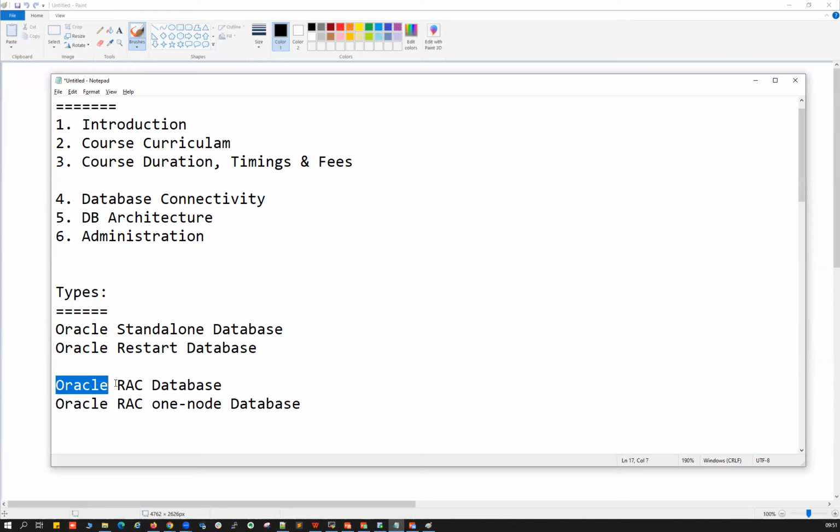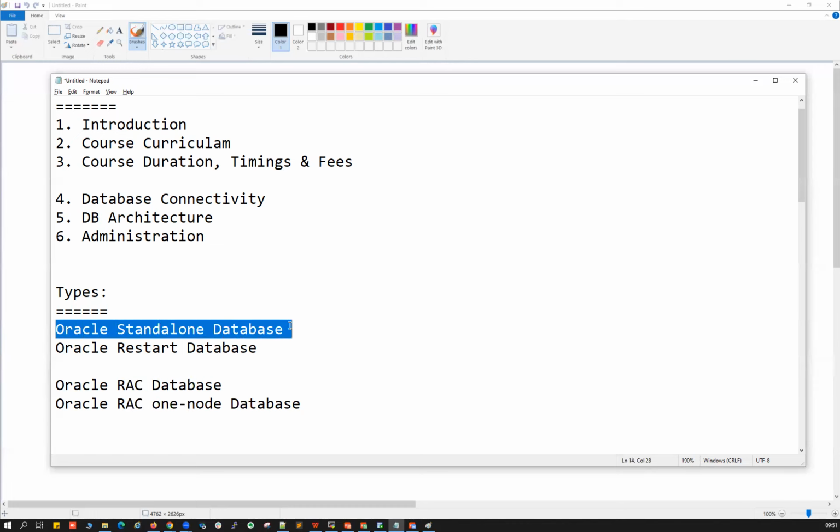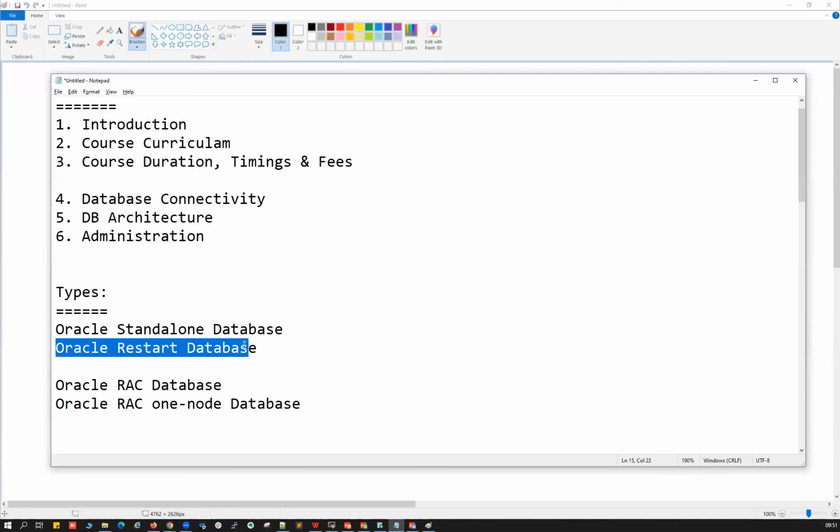And as you can see, Oracle RAC database and Oracle RAC One Node are out of scope, meaning these are part of our RAC course. So for those interested in RAC training, in the RAC course we're going to discuss this. As part of this database course, we'll be talking about Oracle standalone and Oracle restart. But at this moment, you will be having confusion. What is this Oracle standalone?